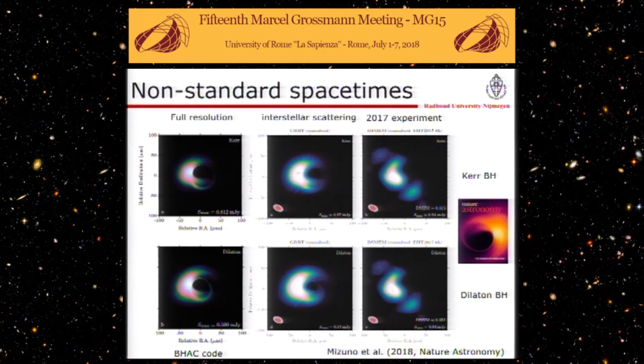Now, this is a simulation which I think appeared yesterday, and was even on the cover of Nature Astronomy. These are full simulations of black hole accretion and ray tracing, one in a Kerr black hole and one with a dilaton black hole. Now, we purposely tweaked the parameters such that the dilaton black hole would look similar to the